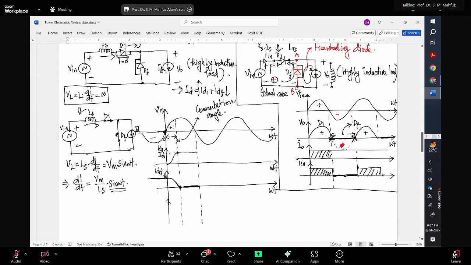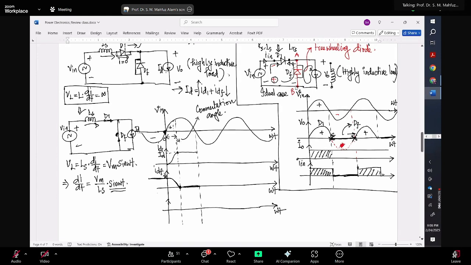So as soon as the DF current reaches 0, what will happen to DF? Will it be turned on or turned off? Turned off. So now, if I want to draw the output voltage waveform,